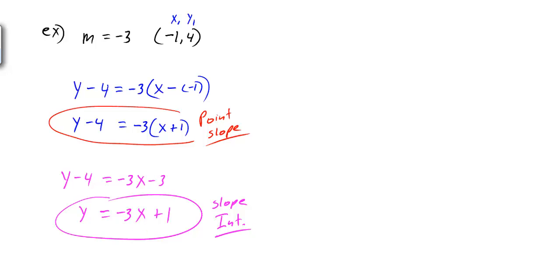And once again, we can notice that here we have our slope, -3. Now, I want to look at how we could have looked at this exact same problem,